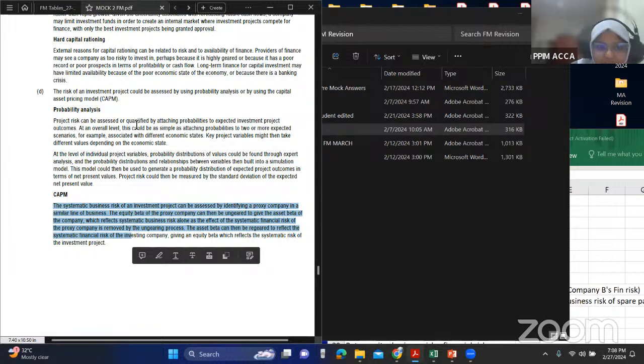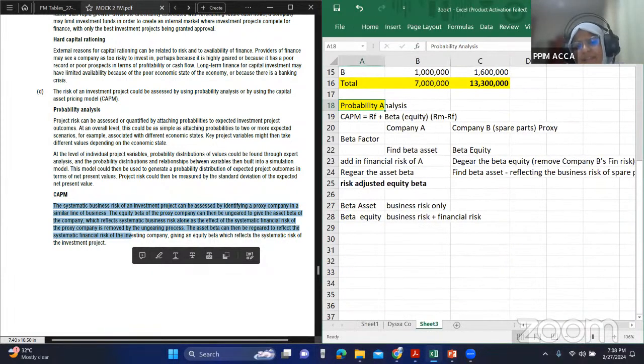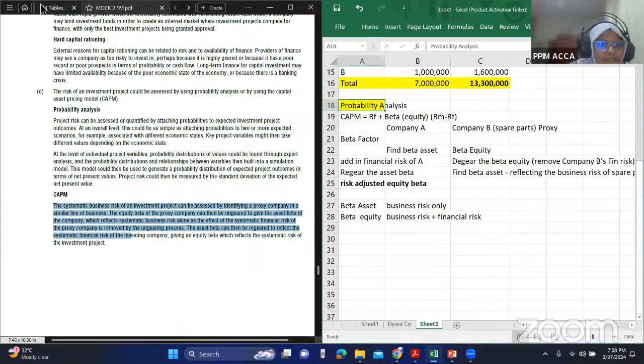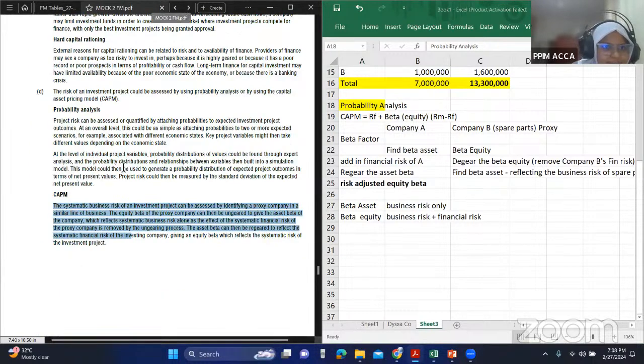Okay, so these two, only 4 marks, like I said. So if you can just make 2 points about each, that will be more than enough. But again, I'm focusing on the CAPM. You have to be able to explain the entire process and obviously do it as well. You should be able to do the calculation too. If you can do it, you will be in a very good position. Okay. Right. So that's all for that question.